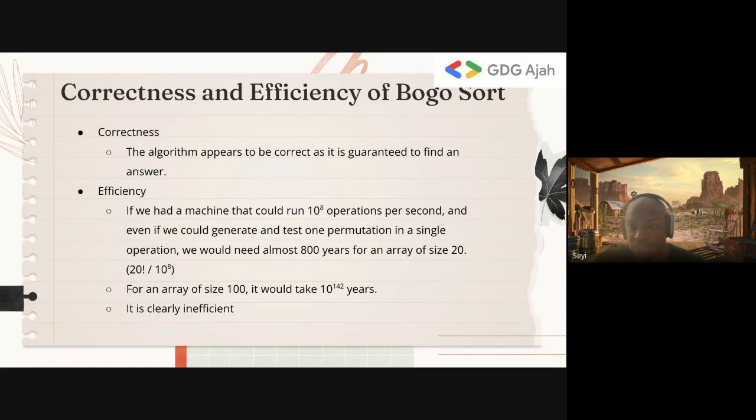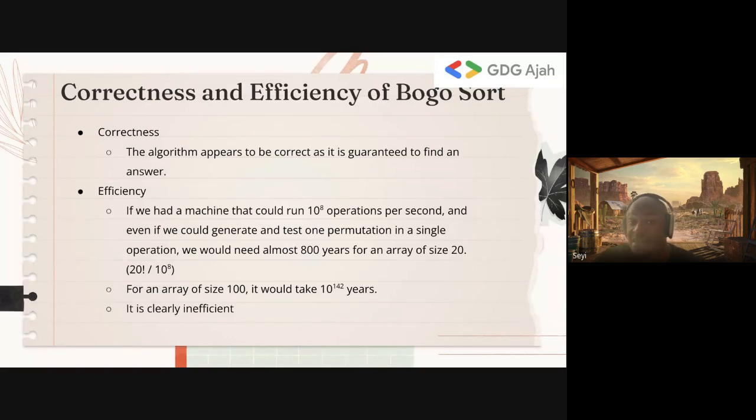Now, to put this into some context, into how bad this is, our machines, CPUs, run operations per second. A modern CPU can run about 10 to the power of 8 operations per second. When you write your program and store it in memory, it's usually compiled or interpreted to some form of assembly instructions, either by the compiler or the interpreter. But at the basic CPU level, it's going to be executing some instructions. So your program is compiled to a certain number of instructions. If you want to get how long your program will execute, you take the number of instructions your program is going to run and divide it by the number of operations per second of that CPU. That tells you how long it's going to run.